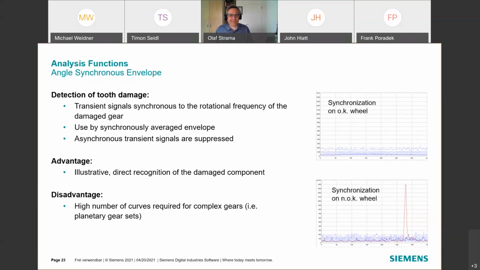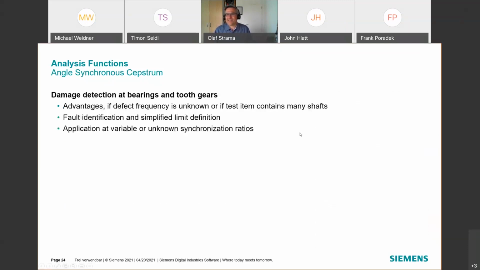Yes, but this can become quite complicated if we have a lot of components in our device under test, like we have in an automated gearbox, for example. There we have planetary gear sets that consist of a lot of tooth gears. Then we would really need a lot of these curves. That makes the setup not so easy to handle. But therefore, and also to detect bearing noises where we do not know the exact distance of the peaks, since there's slip in the bearings,